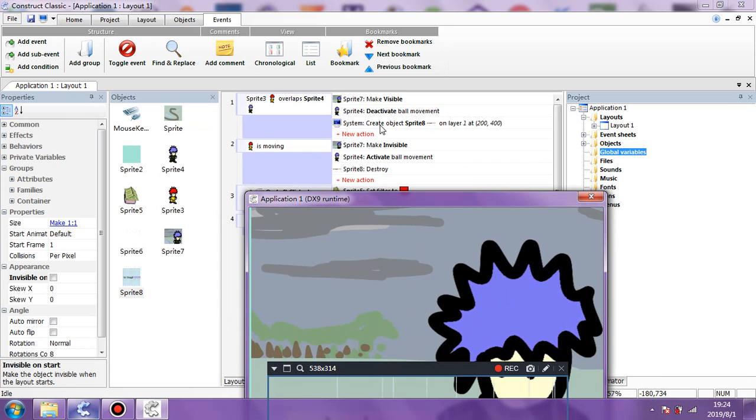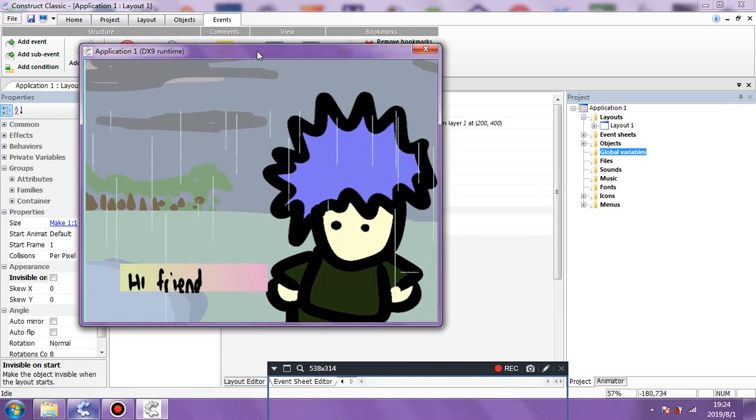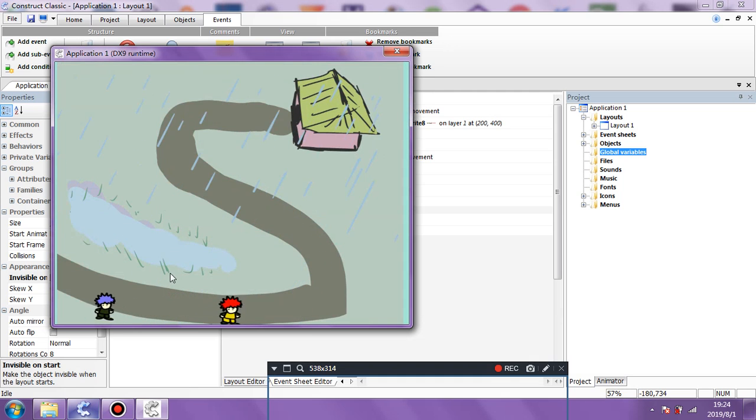So it created the sprite at 2 in and 4 down, basically 200 in, 400 down. I guess 100 in would be about here. 450 would be a bit lower, and you could maybe make it 800, 900. Or 500, 600 in, to make it be on that side, to make it 2 options or something. But it's still clumsy and klutzy, right? If I move away, see, it's still not there.